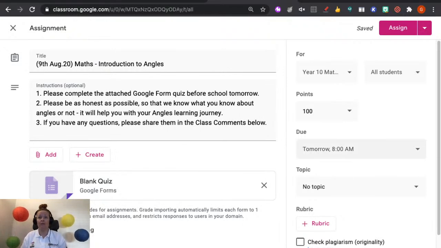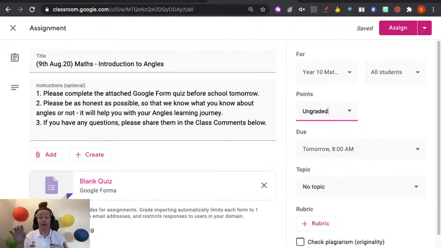So as long as it's done before the learning, or before you need it in order to process that information for your lesson. I'm going to leave it as ungraded because this is just a pre-assessment. Remember, this is just a pre-formative assessment, so it's only if your school has decided that they would like to share the grades of the work the students are doing,